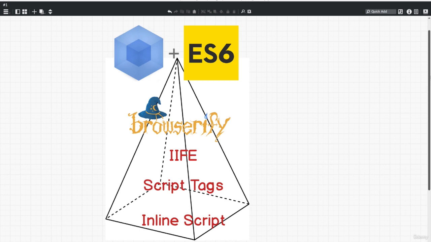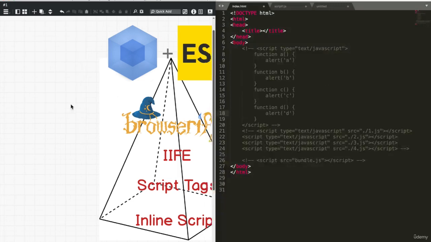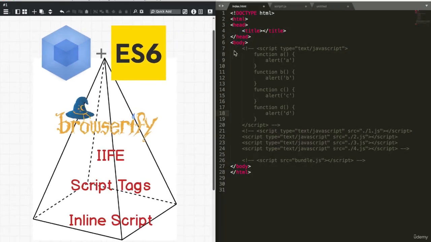And as we do in this course, we first start with the problem, then go to the solution that we have now, to see where we were and where we are now. This is the mental model that I've created, and I call it climbing the mountain of modules. Let me explain. When we first started writing JavaScript and creating websites, we had an HTML file,